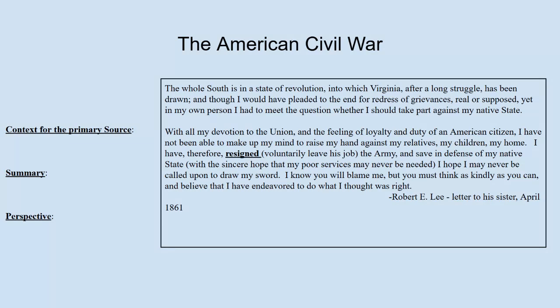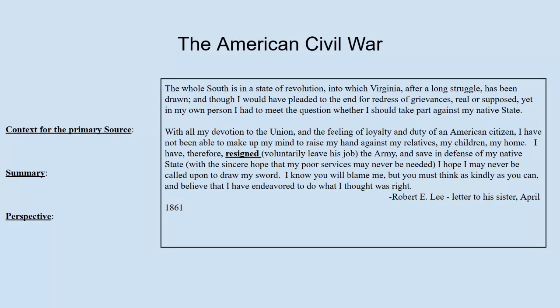He says, "The whole South is in a state of revolution into which Virginia, after a long struggle, has been drawn. And though I would have pleaded to end for redress of grievances, real or supposed, yet in my own person I had to meet the question whether I should take part against my native state." The redress of grievances just means a long list of complaints. So he's basically saying he wanted these complaints to be addressed in some nonviolent way, and now he's got the problem because Virginia is seceding. Virginia's leaving the Union,